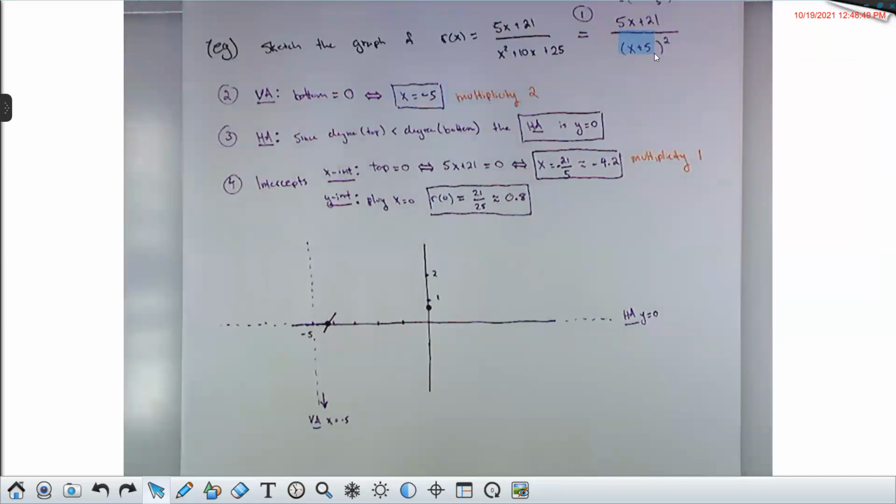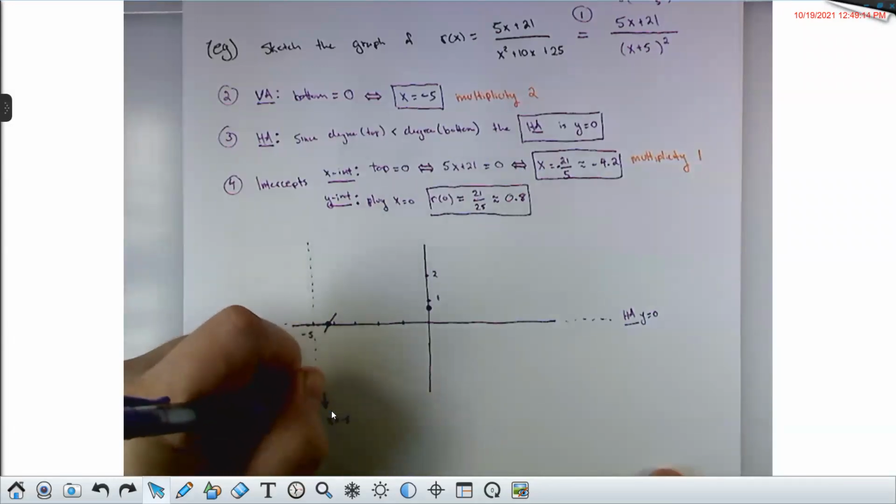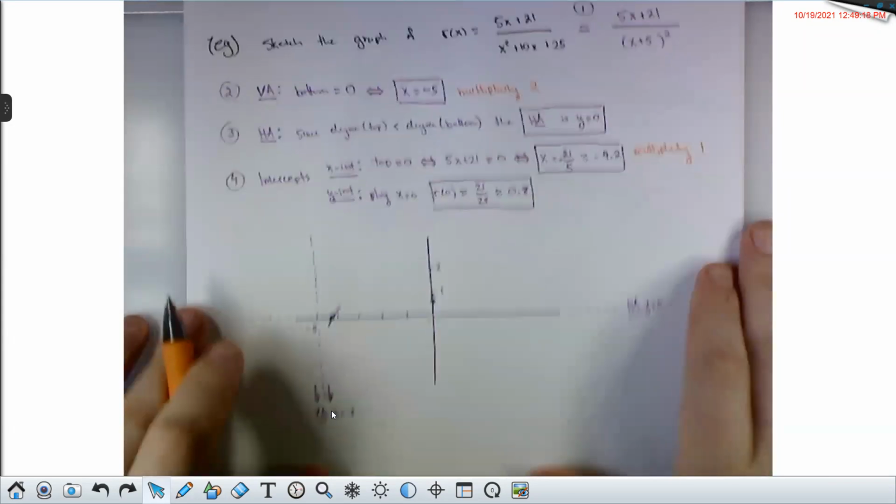So this factor doesn't change sign when you hop over -5. If you're negative on one side, you're going to be negative on the other, and if you're positive on one side, you'd be positive on the other. So because this vertical asymptote comes from a multiplicity 2 factor, the arrows have to point the same way on both sides. I know that the arrow has to go down on the right, therefore the arrow must go down on the left also. And the rule there, I'll remind you,